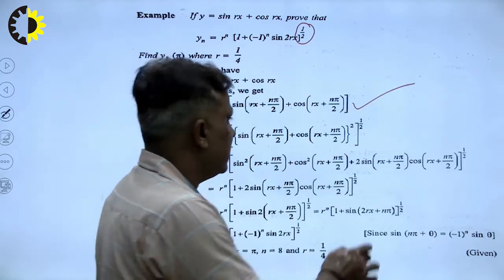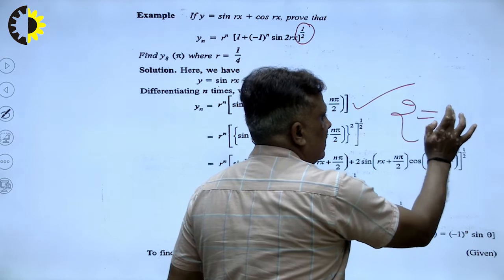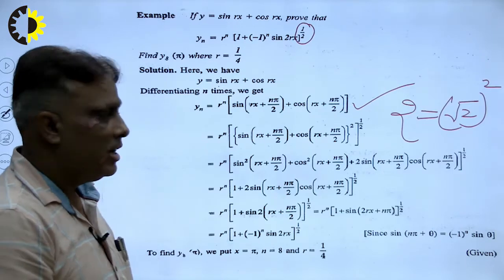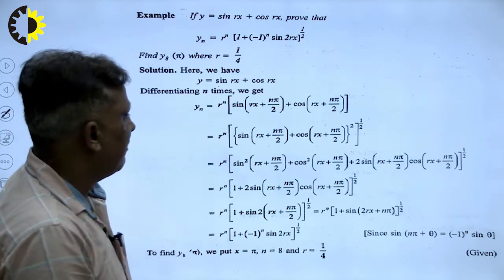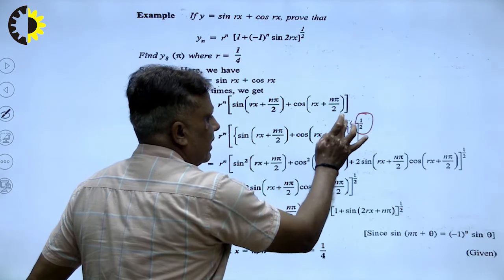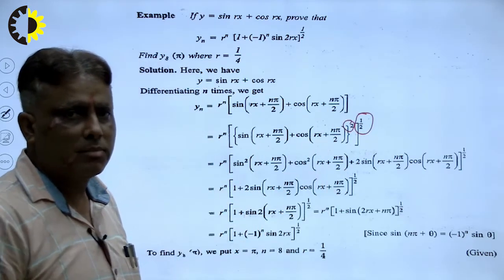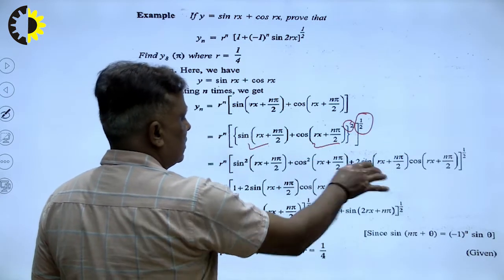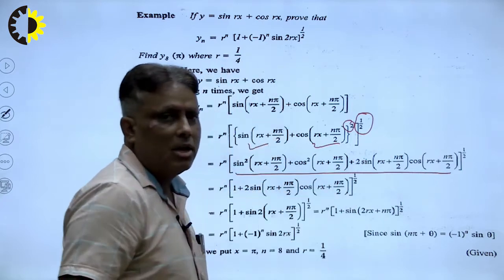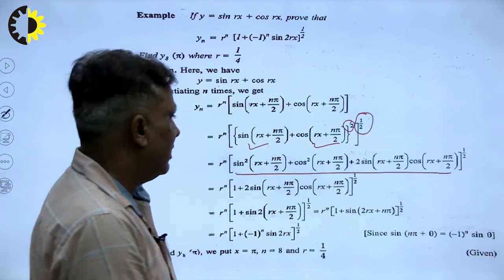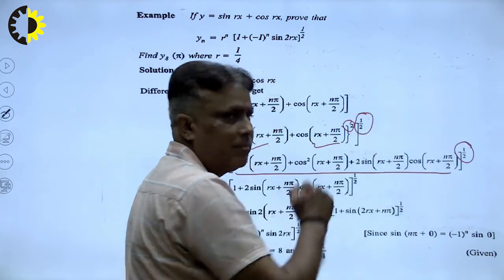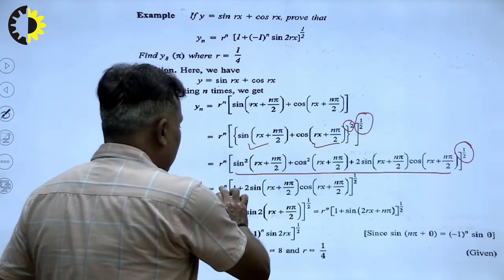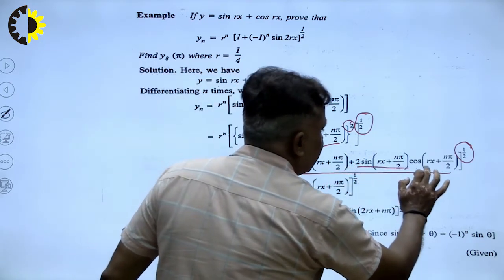So we know that suppose I have a 2, it can be written in the form of (√2) whole squared. Both are the same thing, right? So in this way we have taken power 1/2 here, and square here. That means there is no effect on these terms, right? And now we apply here the square of this, plus the square of this, plus 2ab, I write here (a + b) whole squared. So a² + b² + 2ab, and 1/2 is the same because our aim is to reduce here, right? What is the formula of this? sin²θ + cos²θ is equal to 1, right? And what is this? 2 sinθ cosθ.